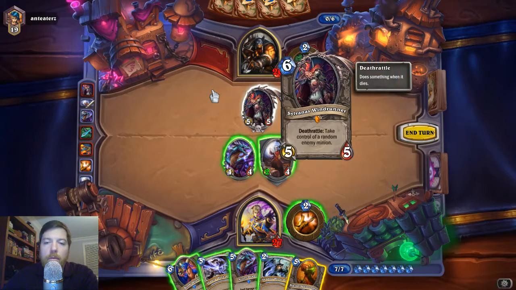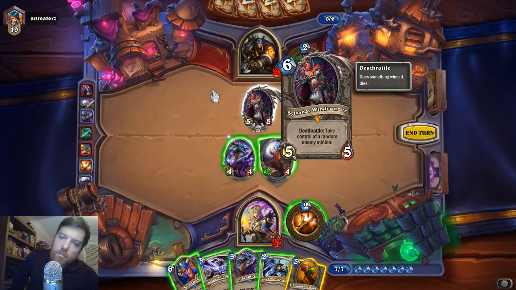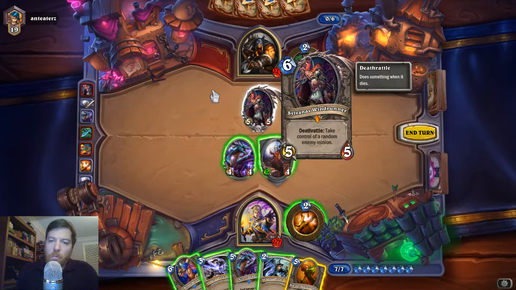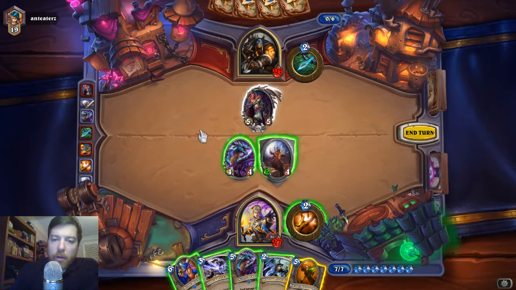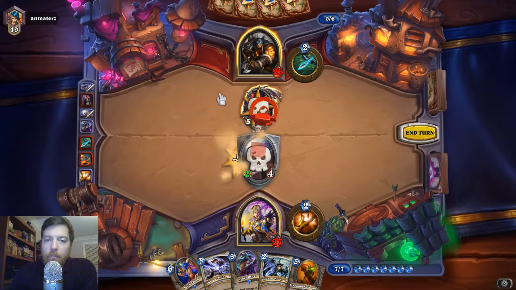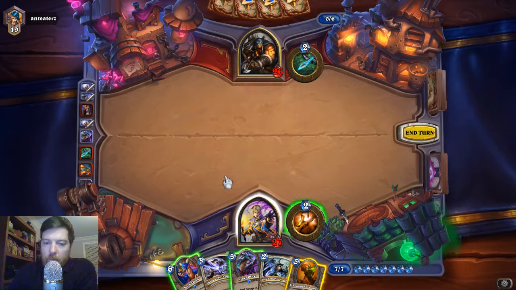So kind of scary. Sylvanas is an old school card that you would see all the time. It's kind of fallen out of grace a little bit, but when she dies, she will randomly take an enemy minion. So we're going to do something weird here. We're going to actually swing both of our minions into it. And then follow up with